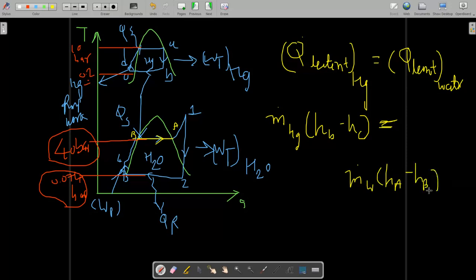Okay, why not H1 minus H4? The total heat supplied to convert the water into steam is 4 to 1, but from that, the vaporization part, or latent heat, is given by the mercury, and the remaining part of the heat we have to supply from an external source, by burning the fuel. So this is the equation, give it equation number 1.